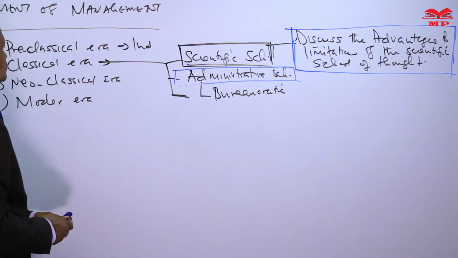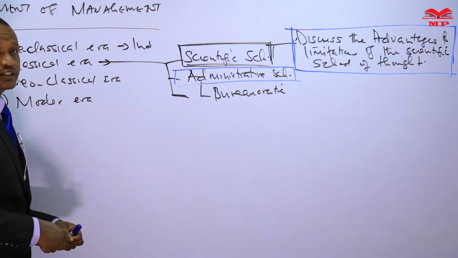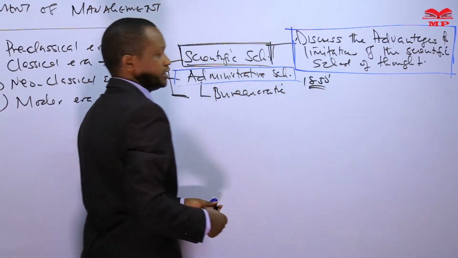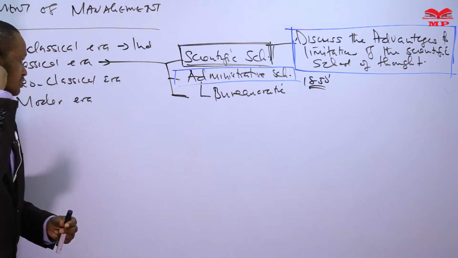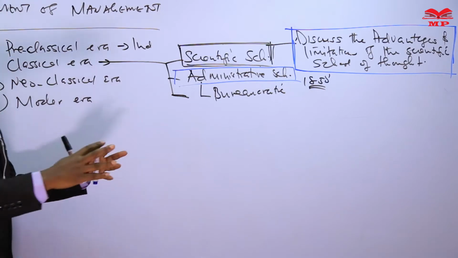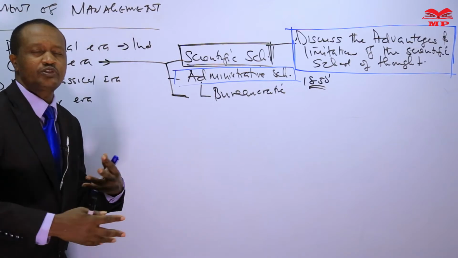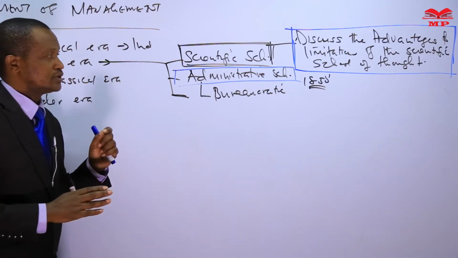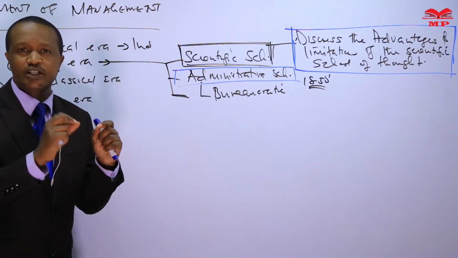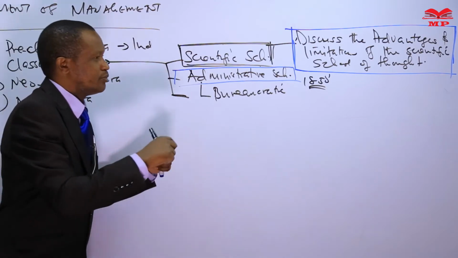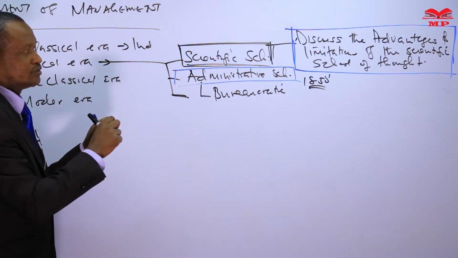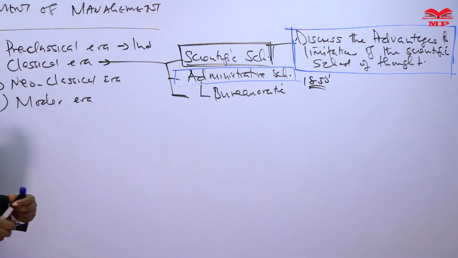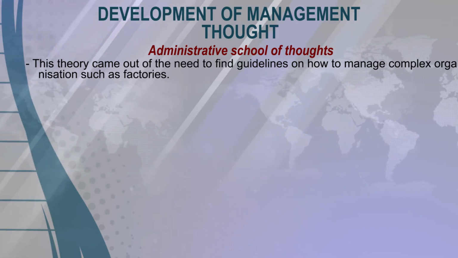Remember, these are observations or theories that came up during the Industrial Revolution in the 1850s. Industrial Revolution that took place in England. As a result of that, by revolution we mean that there were many industries that came up. So there was need to learn how to manage such industries, complex organizations. So as a result of that need on learning how to manage complex organizations, they came up with individuals who now came up with the theories on the administrative school,